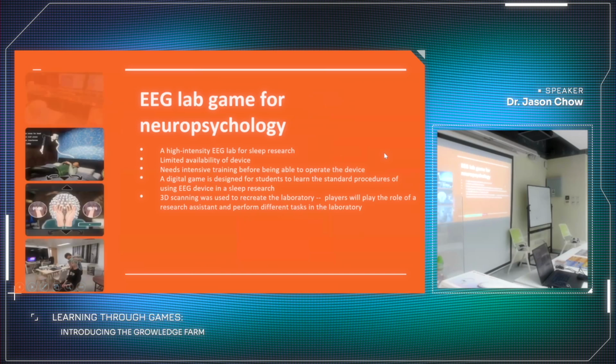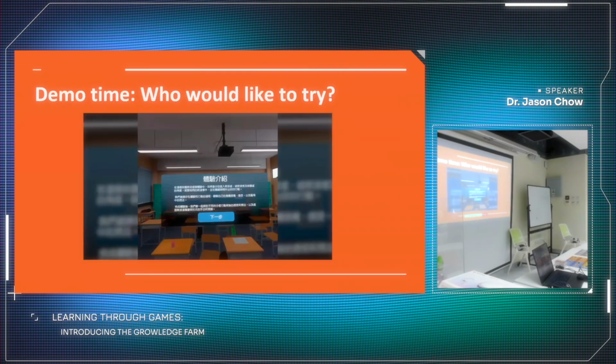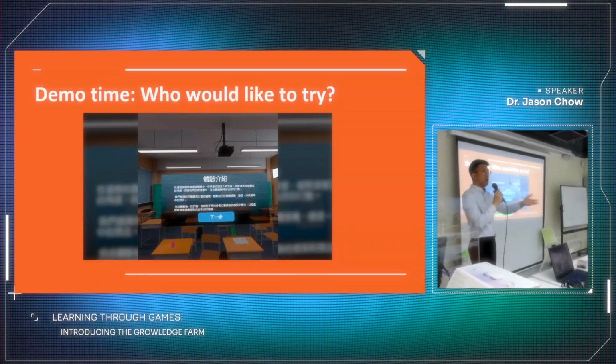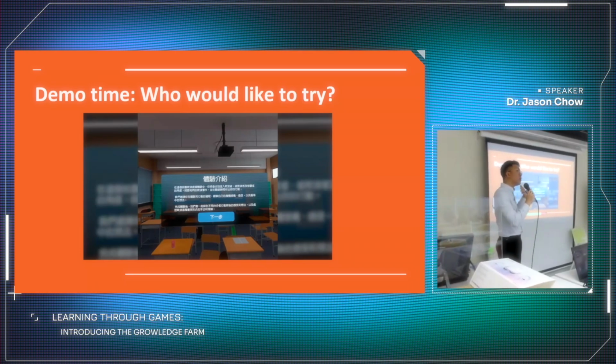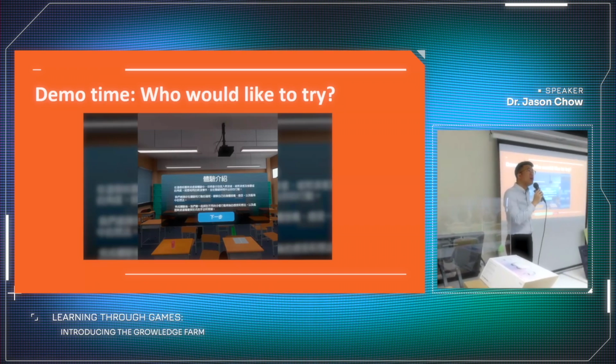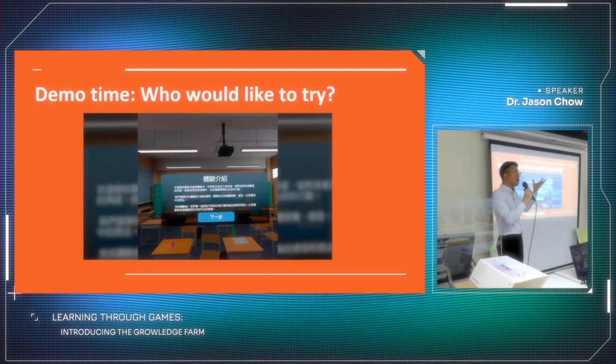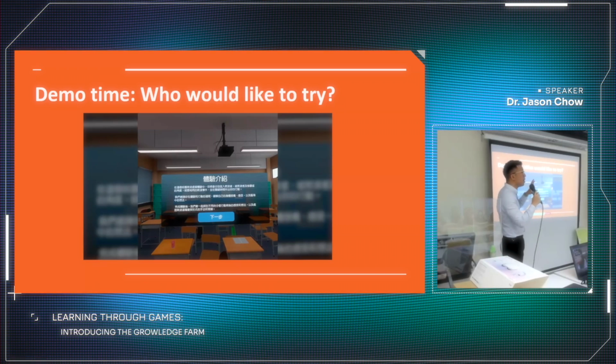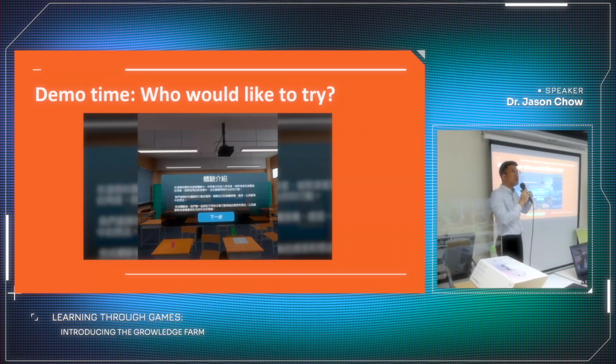So actually, for this game, we first started with a discussion with our teachers: what is your need in your teaching? And then they said perspective taking actually is quite difficult to teach and to explain in the real classroom. It is easy to talk about the definition, but students usually don't have much experience or feelings about this kind of scenes. So we developed this game to facilitate the learning process.